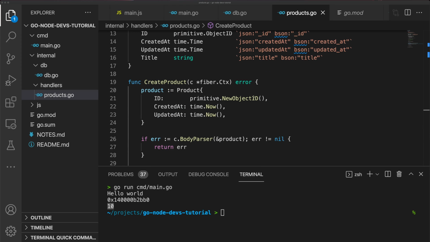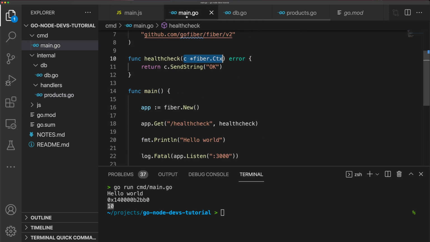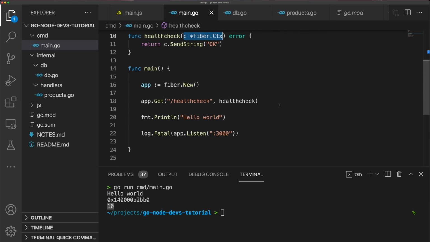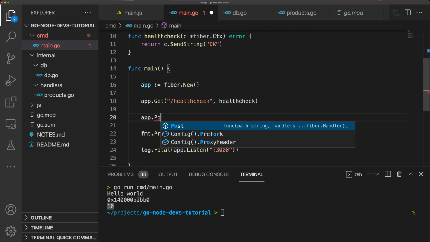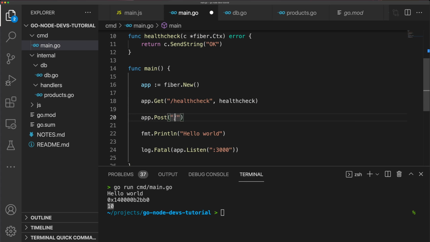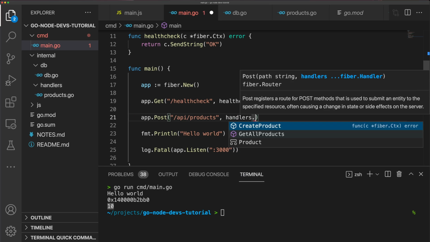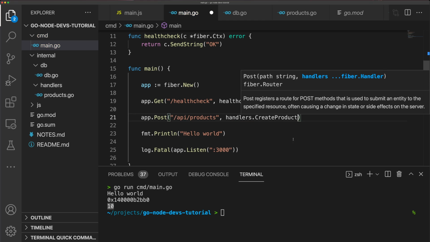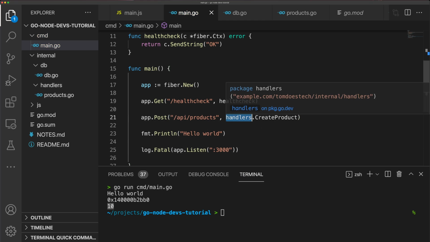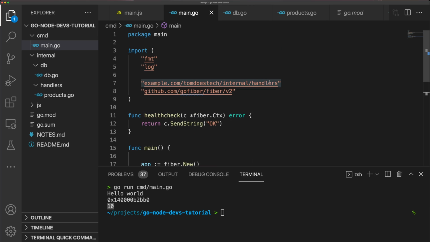So let's hook this handler up to a route. I'm going to come back to main.go, and then I'm going to say app.post, and then set the path as /api/products. And then I can say handlers.CreateProduct. If we scroll up, you can see that VS Code has imported the handlers